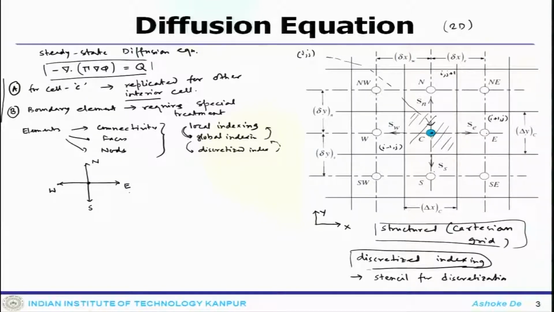Now, in the down or underneath cell it would be I, j minus 1. So, these are the local indexing. This I, j is going to be the local indexing for this system, and one can transform from local to global, then the cell number would be n, n plus 1, n minus 1. So, there can always be a correlation which can dictate the indexing pattern.